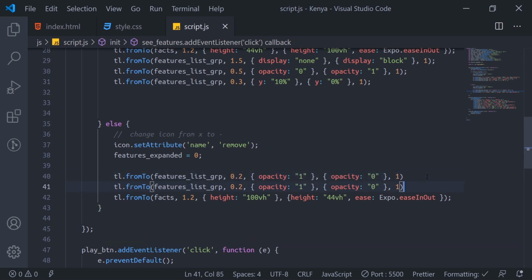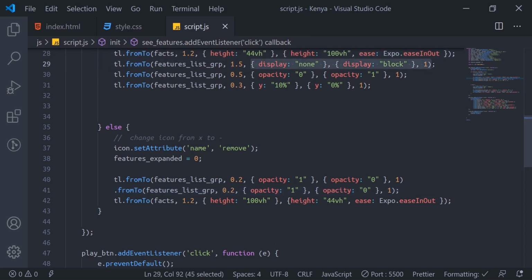Then put display block, because this thing is display block as well now. I'll copy this here. So from block, we'll take them back to none. I'll remove this one now. Then just change it to 0.5.